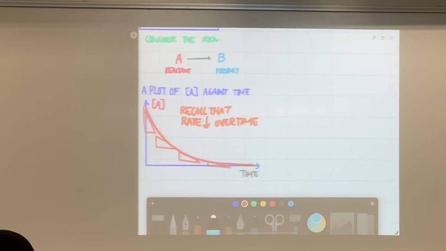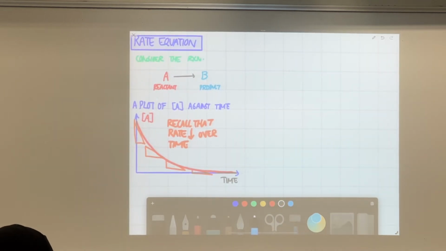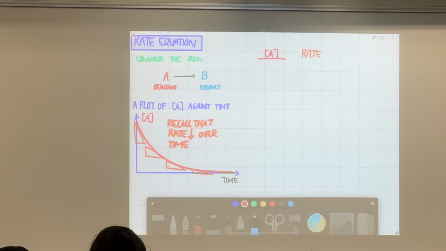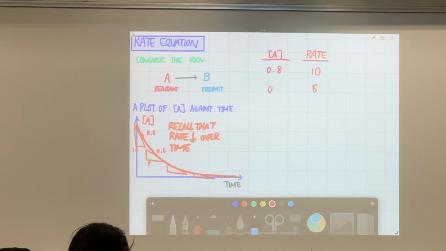And you know what's the most interesting thing? It is that when you try to find the rate at a particular concentration and you plot the graph again. So here you have rate and concentration of A. If you collect these values again, you will get another graph here. So let's say this value here is maybe 0.8. Let's say the rate is the fastest at the beginning, let's say it's 10. So you have 10, and this is 0.8. For the second point, let's say the concentration drops to 0.6. The rate falls to maybe 8. You see another kind of relationship here.